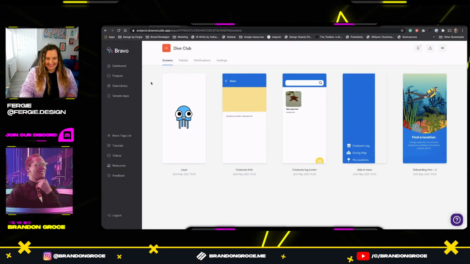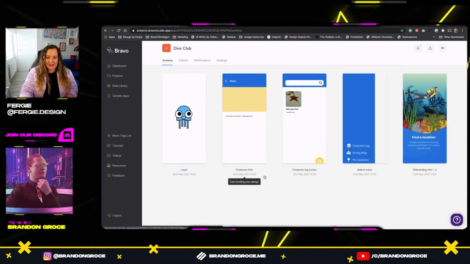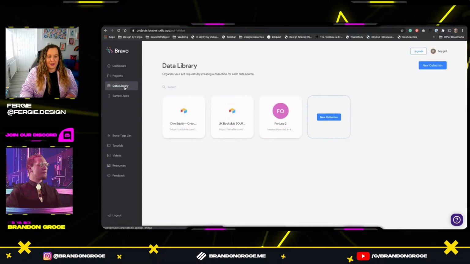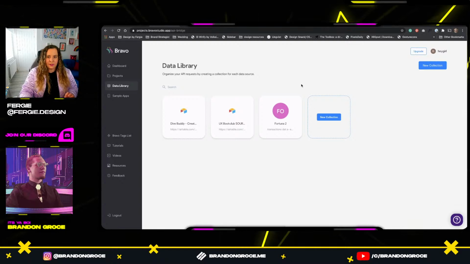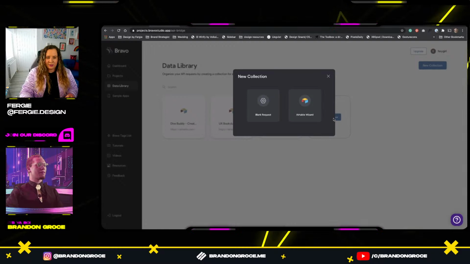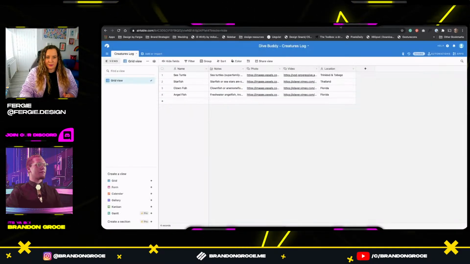For sure. All right, so we made all of our artboards in XD. You can see them now here inside of our project. And you were all asking me about data. So I'm going to click on our data library tab and show you how I do this. There are a couple of ways, because in the beginning I was using spreadsheets and things like that. However, there is an integration with Airtable. So if you're not familiar with Airtable, it looks really similar to a spreadsheet, but it's all online and accessible,